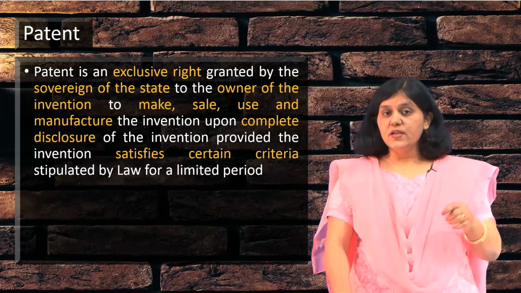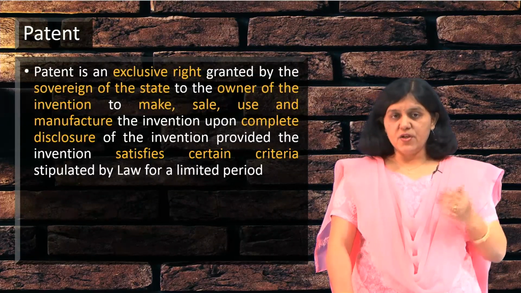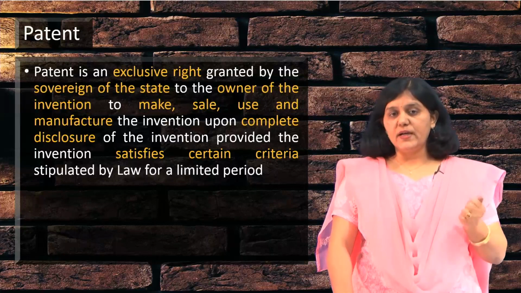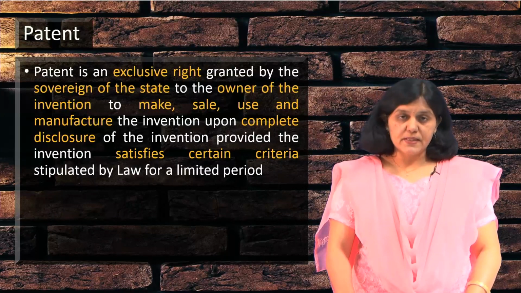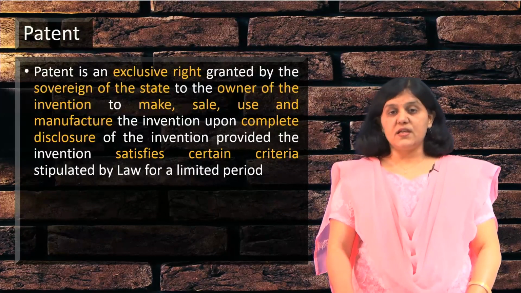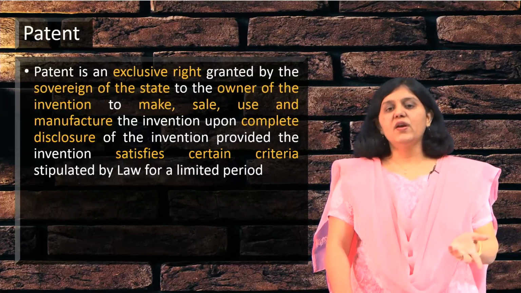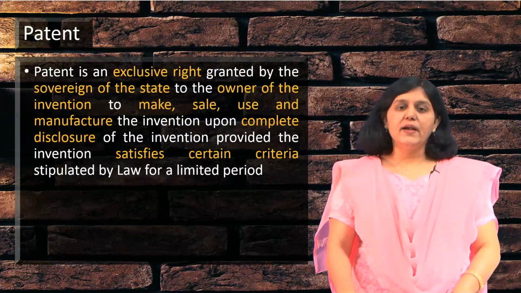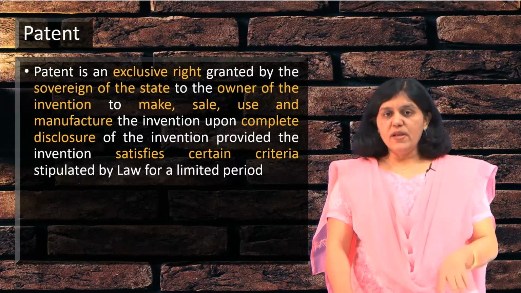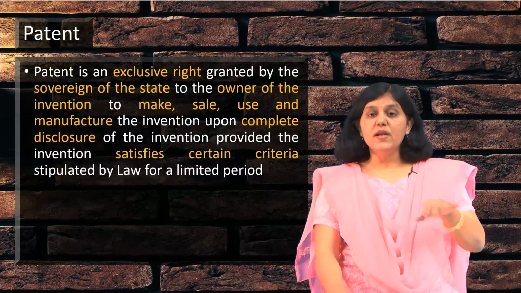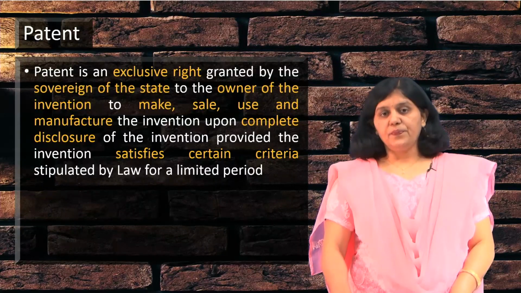And hence, you see from the patent office data that there are generally 60% rejections in the applications. Whenever the examination of the patent document takes place, most of the time the general percentage of rejection is 60%. Why? Because the conditions are not satisfied. Out of the 3, 2 may be satisfied and 1 may not, or all 3 may not be satisfied. Any of these, and the patent will not be granted. So, how many patents are filed is not important, but how many patents are received; the granted status of the patent is important.